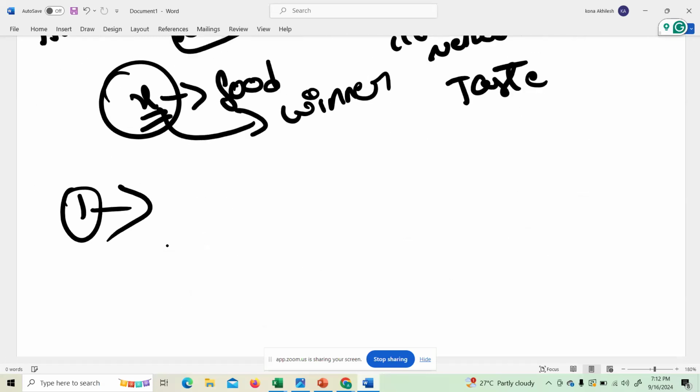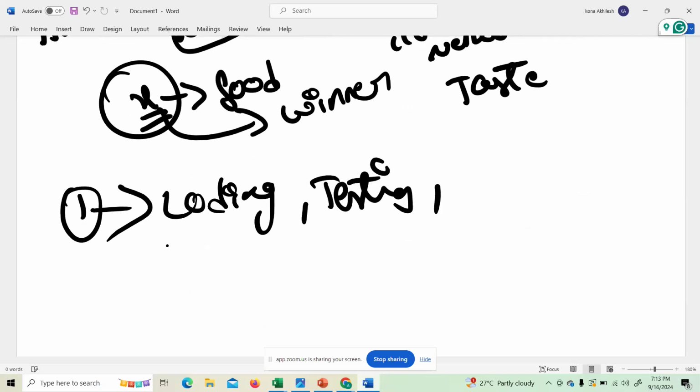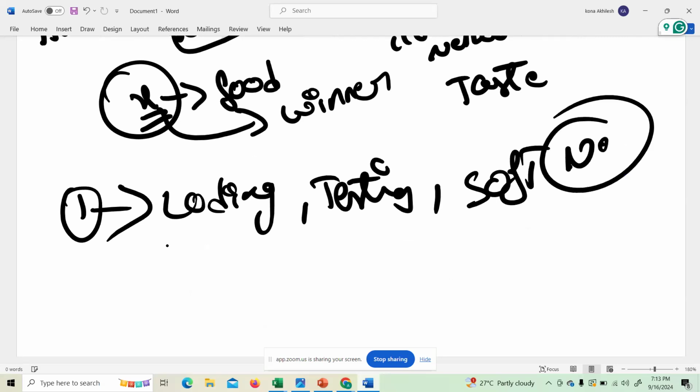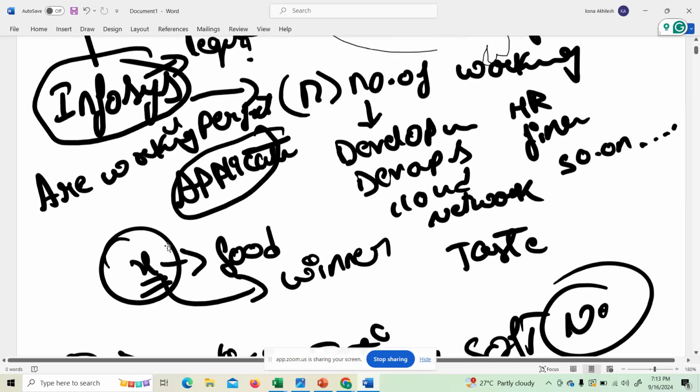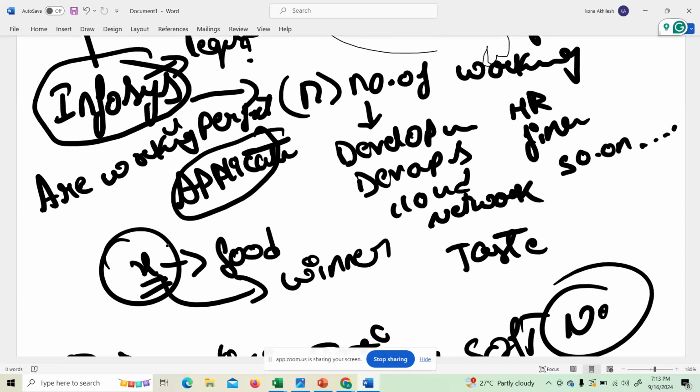First question: sir, do we want any coding knowledge in this? Or any testing knowledge? Or any software knowledge to get the job? No. The ingredient we want in this course is communication skills. Don't be silent. Just unmute your mic, as the camera is already off, and say whether you understood or not. Did you understand this example? Yes, understood.